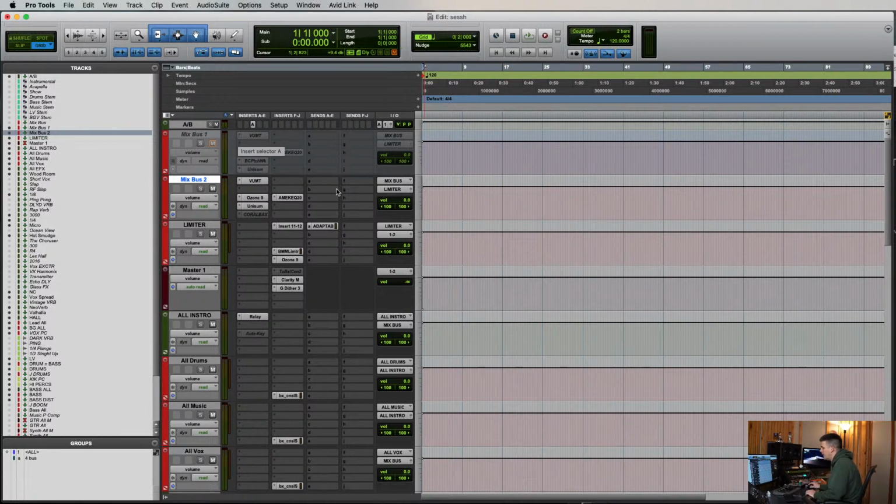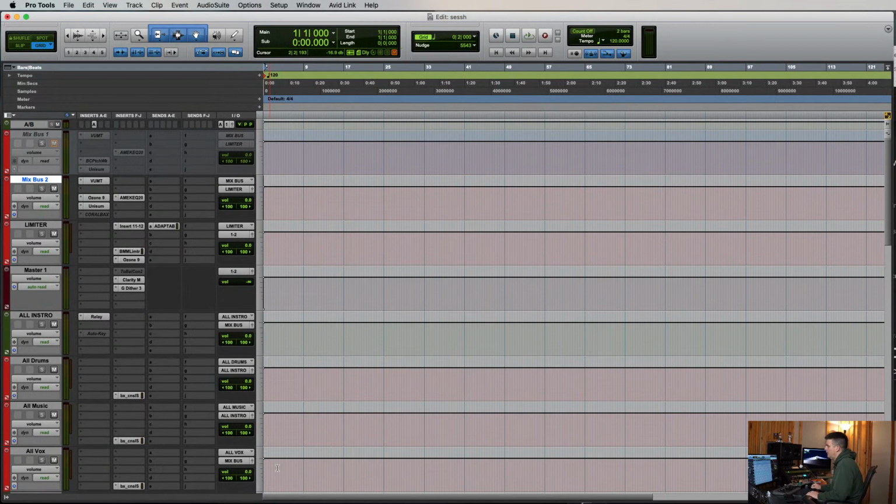I mix in Pro Tools. I mix in Studio One too sometimes. It just depends. A lot of people send sessions in Studio One, and I have a template that's pretty much just like this in there. I know a lot of you guys follow me because I use Studio One, and the reason I've been using it less and kind of moved back to Pro Tools a bit is because